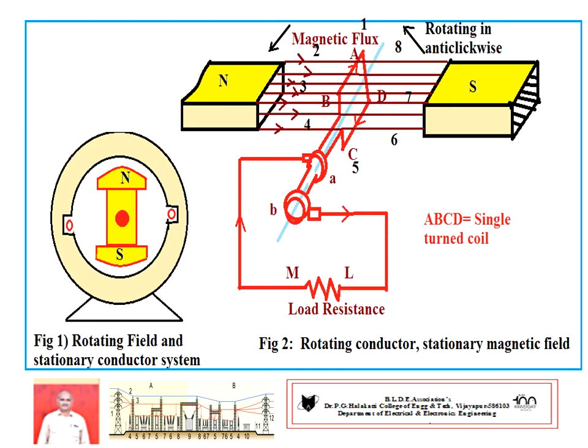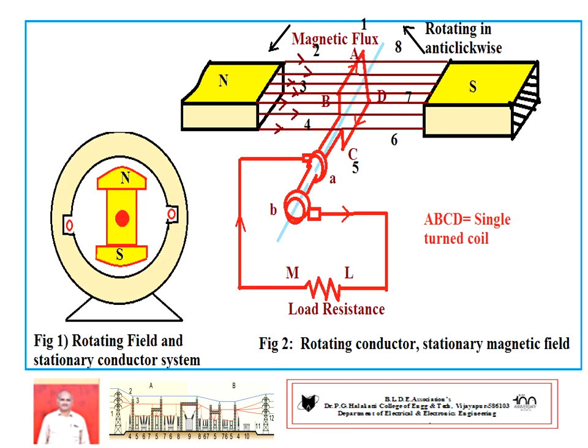Now the actual syllabus starts: generation of single phase AC voltage. To generate the AC voltage, number 1, it depends upon Faraday's laws of electromagnetic induction. Number 2, basically it needs 3 systems. Number 1, conductor system. Number 2, magnetic field system. Number 3, relative speed between these two. And rate of change of flux linkage can be obtained in 2 ways.